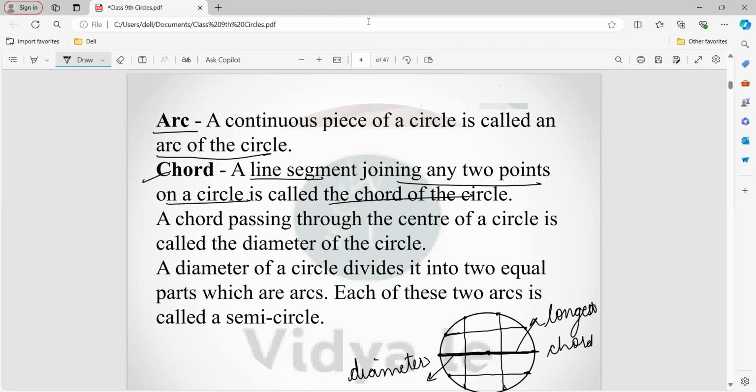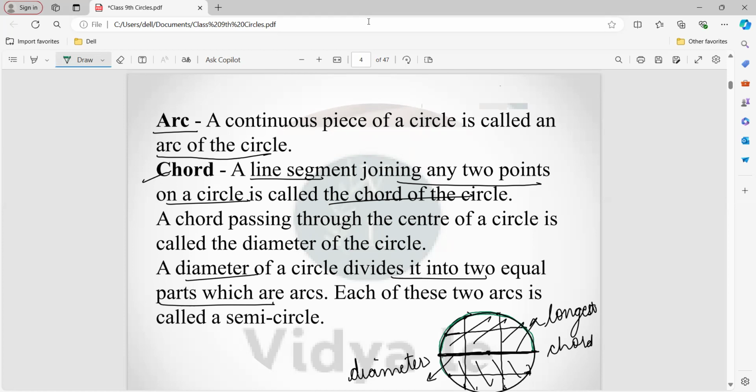And the diameter of the circle divides it into 2 equal parts. So this is a diameter, and this diameter divides the circle into 2 equal parts, which are the 2 equal arcs. So this arc, if I draw one arc on the one part of the diameter, this one,